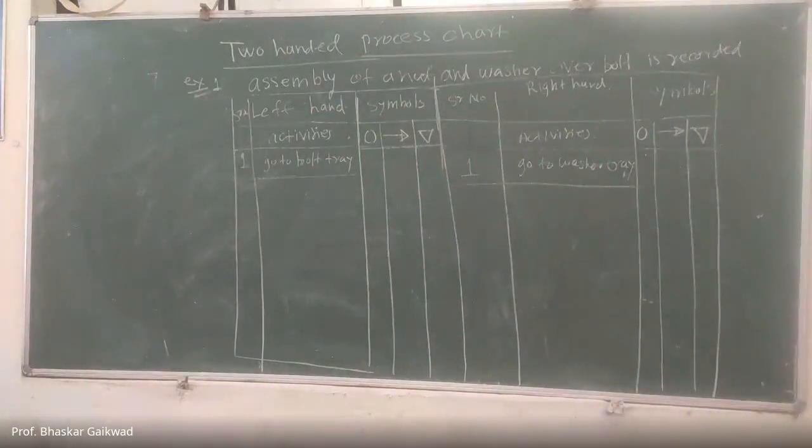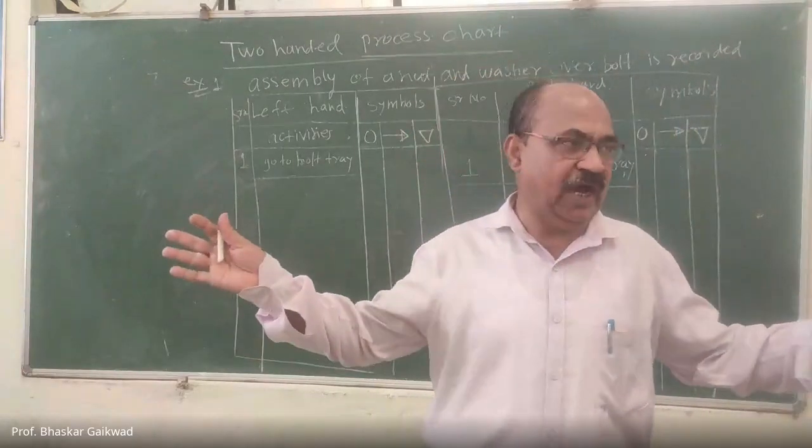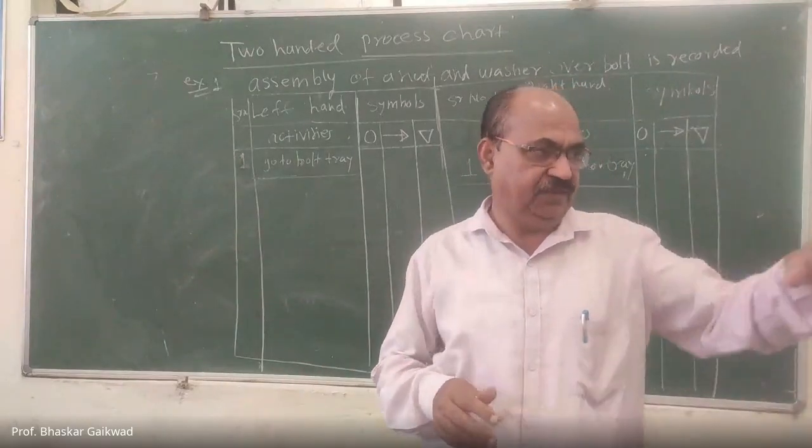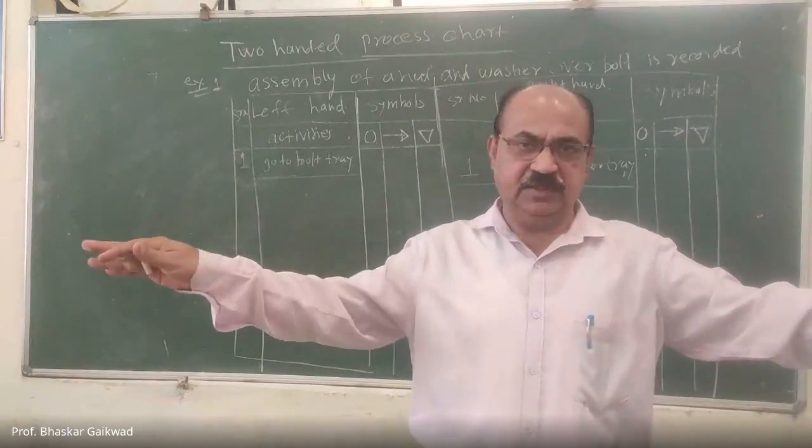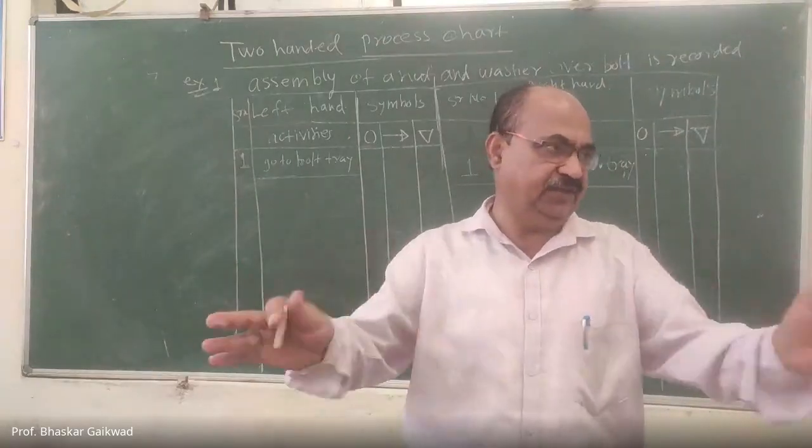So here three trays are there. In one tray, nut is there. Next tray, washer is there, and third tray, bolt is there. So, nut, bolt, washer, three trays are there. So, first of all, I will show with the help of body language. Okay, here are the two hands, and here is the workstation. This side bolt, this side washer, and here is the nut. Or you can change this one.